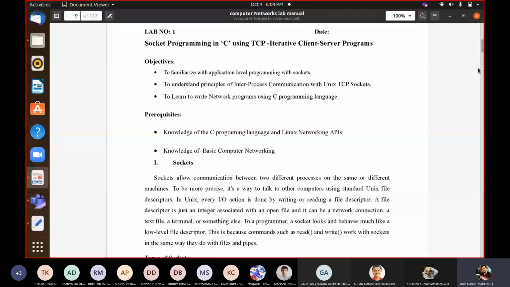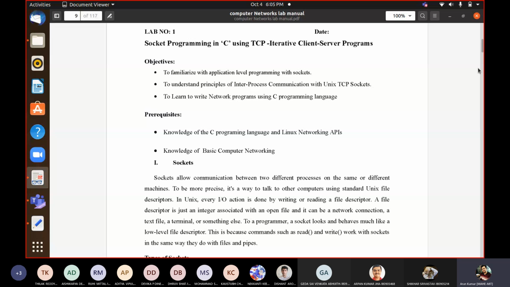Socket programming initially came into existence for operating systems. Even in operating systems we use sockets a lot. The idea is that whenever two separate processes are there and you want them to communicate, we ensure it through the creation of sockets, and through sockets those two programs communicate.